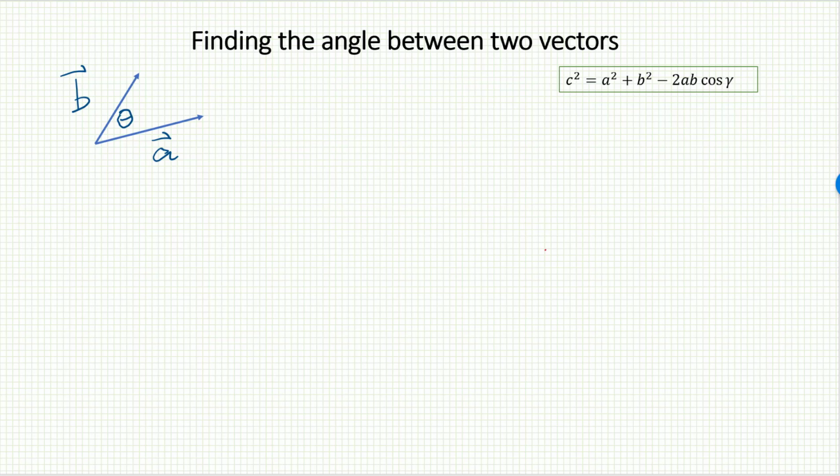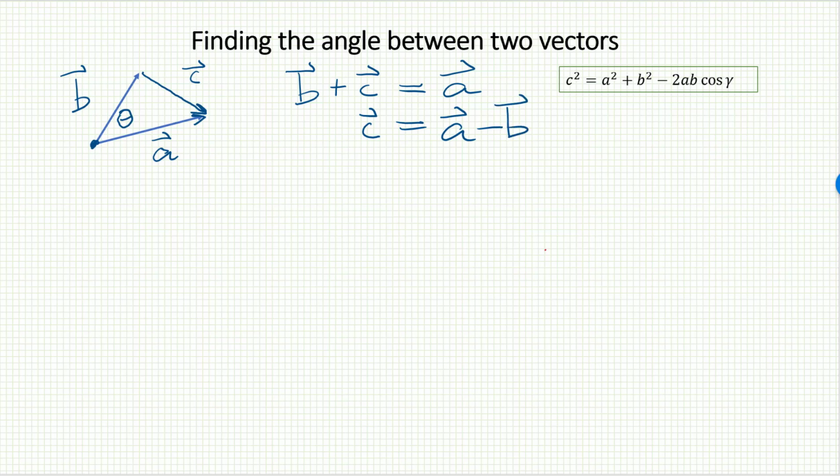Let's derive that formula. The first thing I'm going to do is add in a third vector here. I'm going to call that vector C. Do you see that because of the tip-to-tail rule, vector B plus vector C, if I start here at vector B, and at the tip of B I put the tail of C, B plus C must be vector A, from the very start to the very end. Which means, of course, that vector C, if I move B to the other side, is just vector A